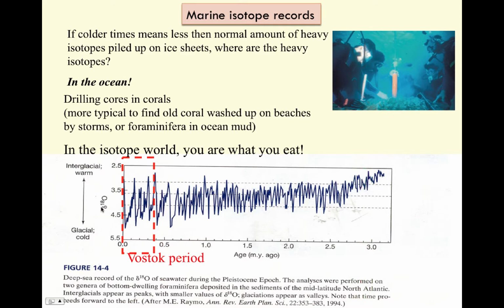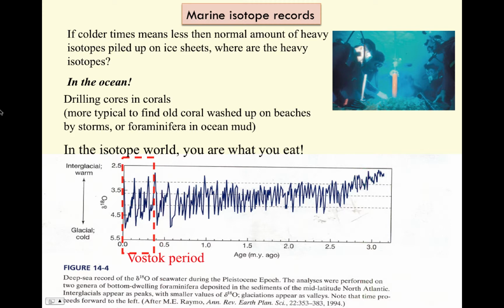So what a delta value is, it's comparing the amount of O18 to O16, so the ratio of the two, to some standard, and then expressing the deviation. So what they're showing is when the delta O18 values are low, that means you have less O18 than is typical, and that would make sense when you're in a warm period. Because Antarctica is relatively warm, you're not pushing as much heavy isotopes into the ocean as typical, and so you're going to have less falling into the ocean, low delta values. When the delta values are relatively high, you're pushing more heavy water into the ocean, and that corresponds with glacial periods when Antarctica is very cold.